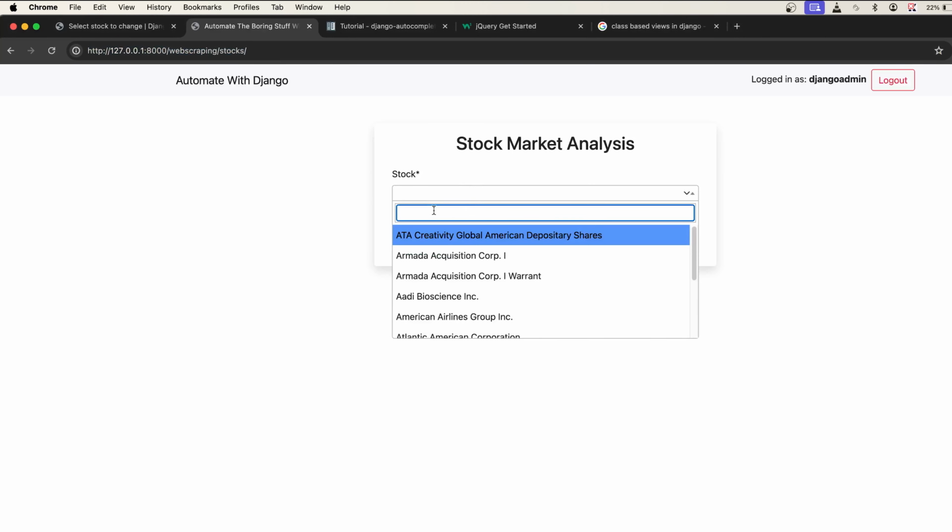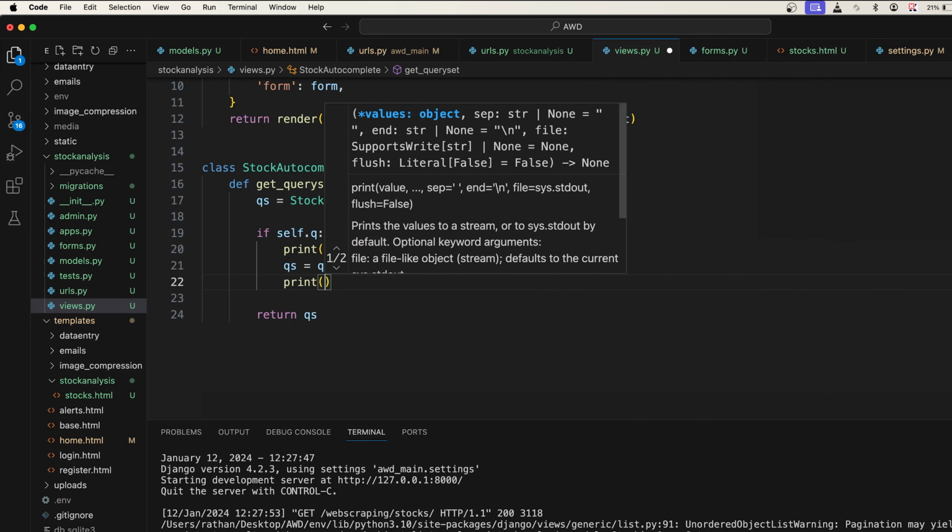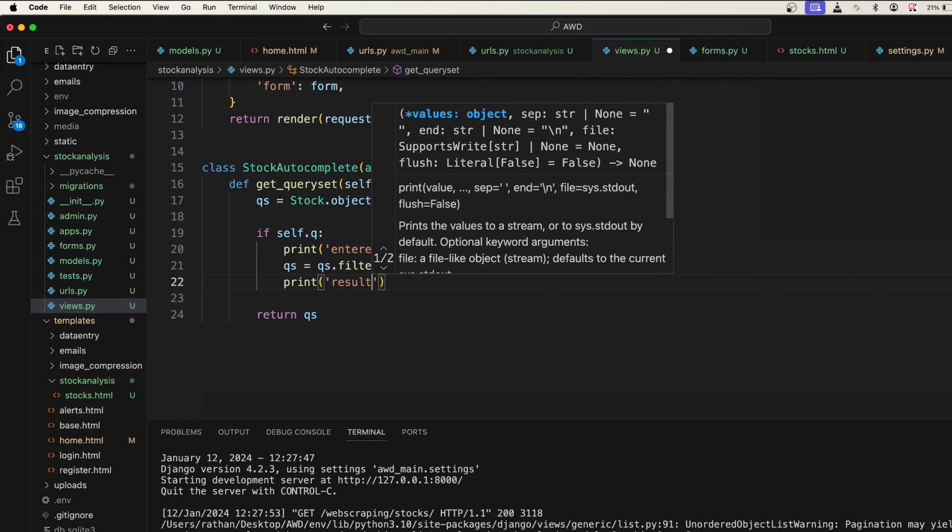Okay, now let's write A, apple, right? So what it is doing is, this A is actually coming as a self.q. Okay, so now we are taking the query set using this q. Okay, so it is taking all the data that starts with A. Okay, now if you print result